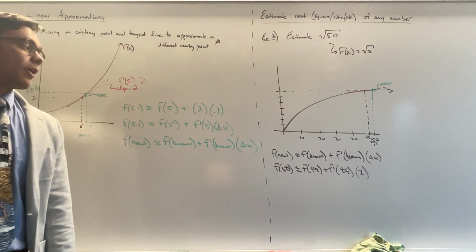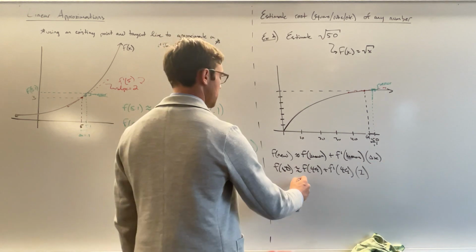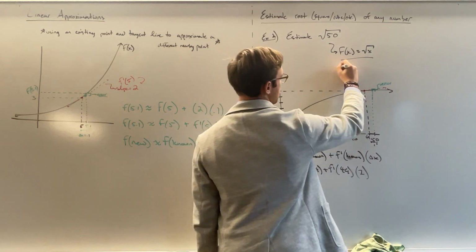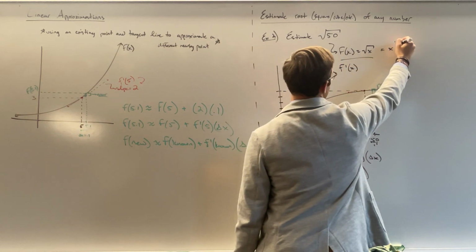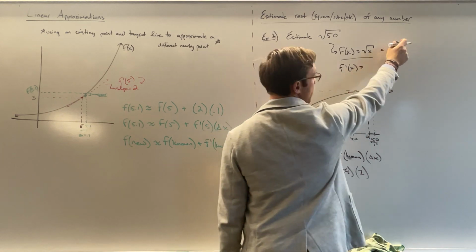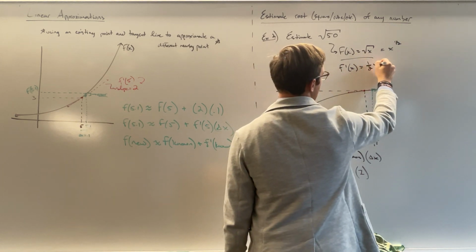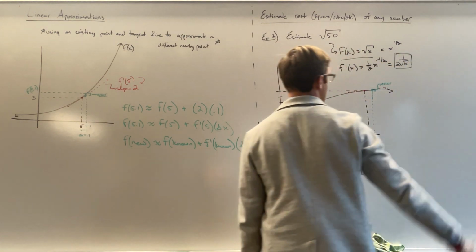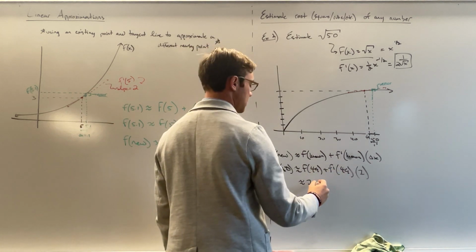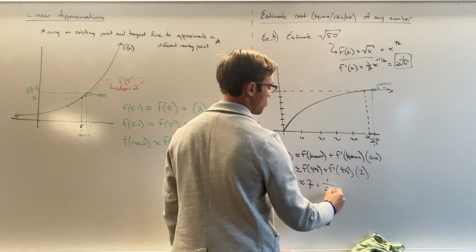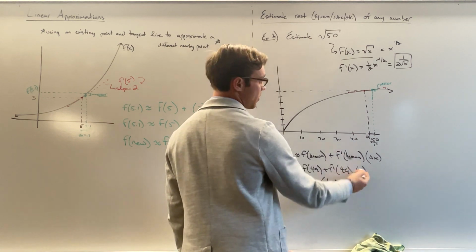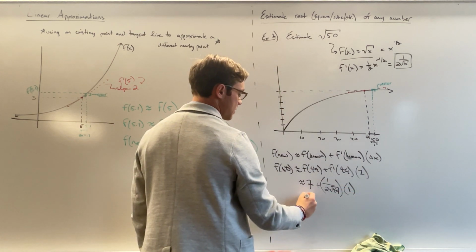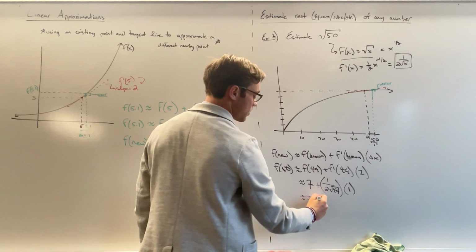Okay. So this is going to be approximately f of 49. We're using square root of x, so square root of 49 is 7. The derivative of this, let's do some derivative work. I'll rewrite this as x to the 1/2. You know you're going to have to take the derivative, so might as well write it in the polynomial form. 1/2 x to negative 1/2, which is the same thing as 1 over 2 root x, if you simplify it. And so f prime of 49 is 1 over 2 root 49. We're just plugging this in. Derivative at 49, I found the derivative to be this, so I'm plugging in 49 times 1. This becomes approximately 7 plus, root 49 is 7, so 2, 14, 1/14,